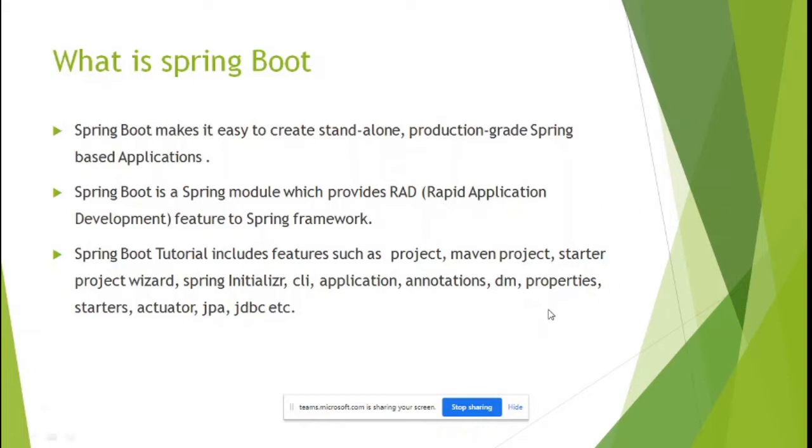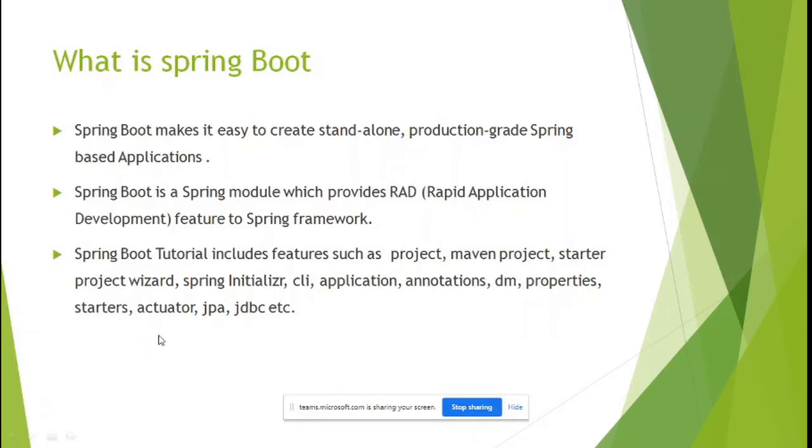And here most of the time we are going to deal with dependency management. In Spring, you need to add dependency libraries into pom.xml. But in Spring Boot, we have starter projects. Starters are a combination of jar files, so if you include one or two starters, your application is enough. Whereas in a Spring application, you need to give a big list of dependencies. Now those dependencies can be simplified in Spring Boot.